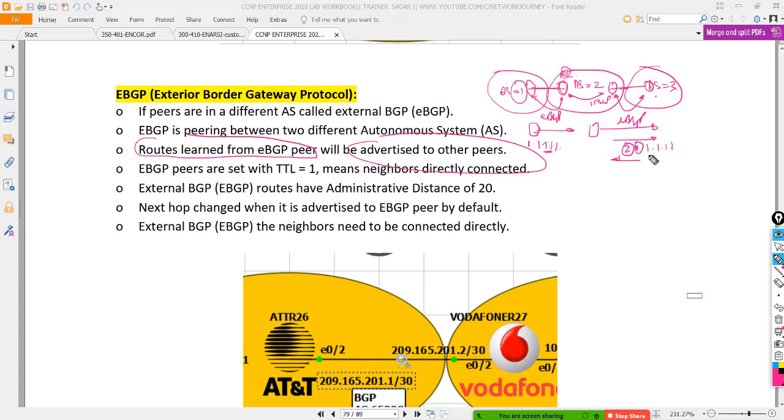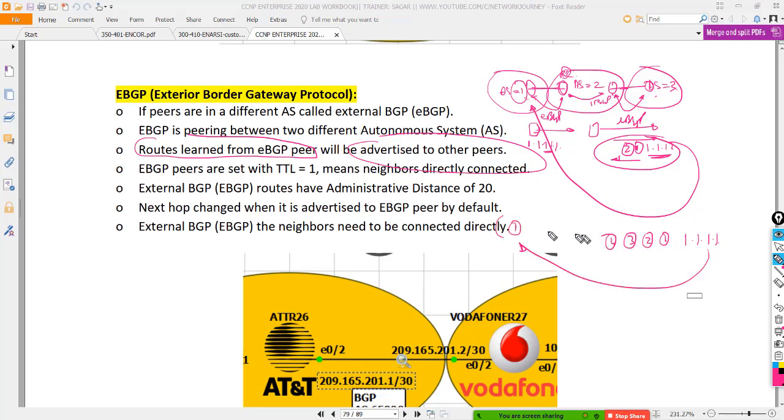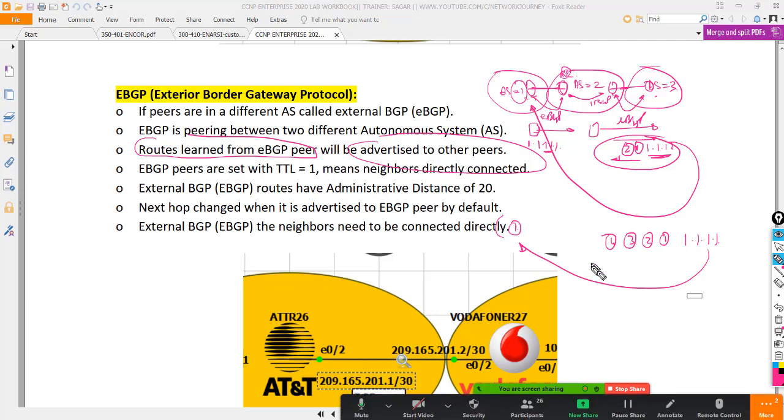So this prevents looping. There is no way this packet can go back, because the router is going to check the AS values. Let's say the AS path would look something like this: you get 1 added, 2 added, 3 added, 4 added. If it goes back to AS 1, it's going to recognize its own AS value and discard it.